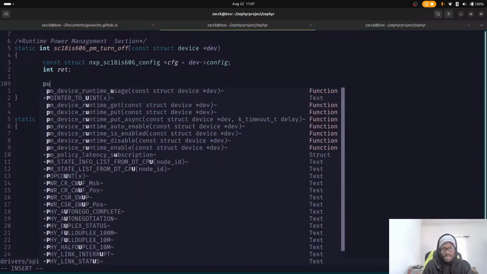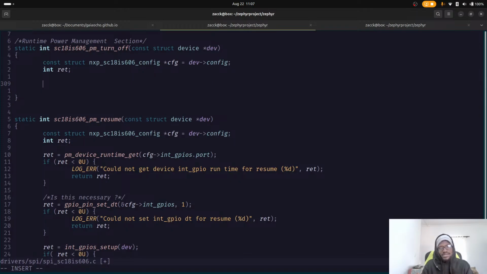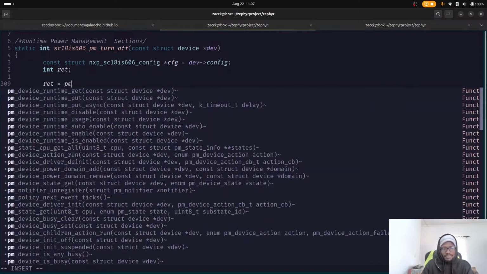And then after here, what do we do? So let's do pm. Let's get both devices. Pm ret equals to pm